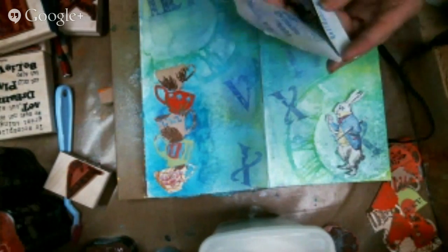Now I got this cool stamp from Versus Rubber Stamps. It says, to accomplish great things, we must not only act but also dream, not only plan but also believe. I stamped it on a white piece of paper, and it's gotten some overspray from the spraying that I've done, so that's kind of cool. I always think about just using my stamps as is, but why not cut it, that's what I'm doing,